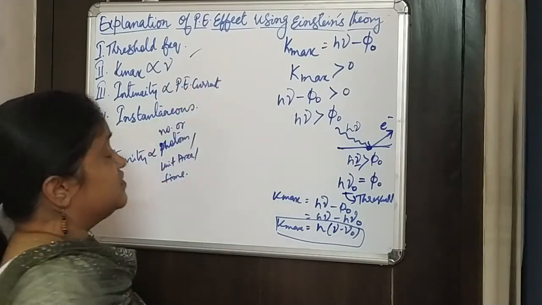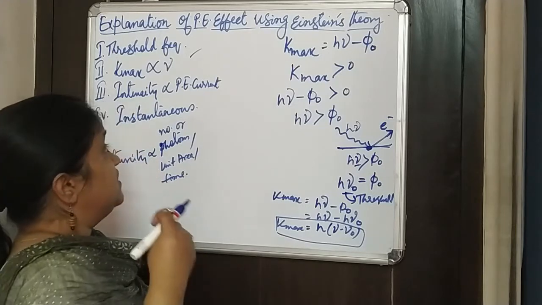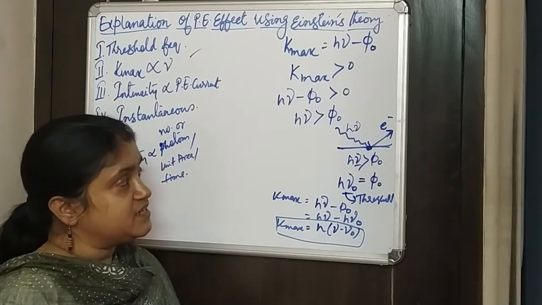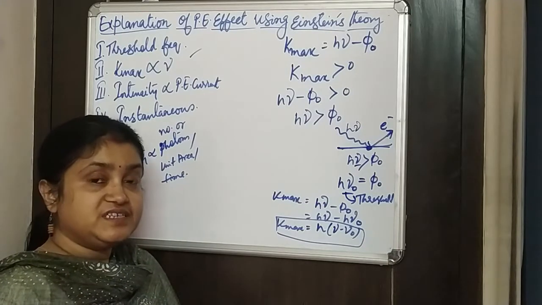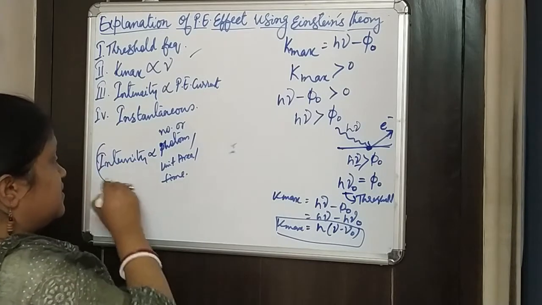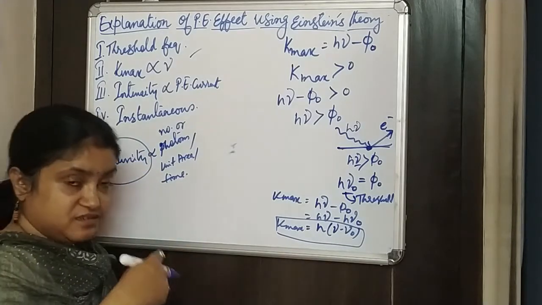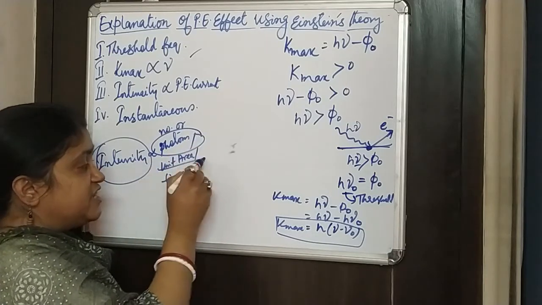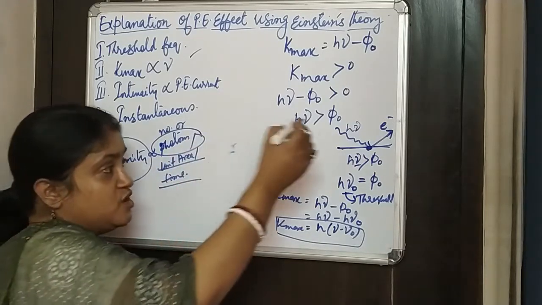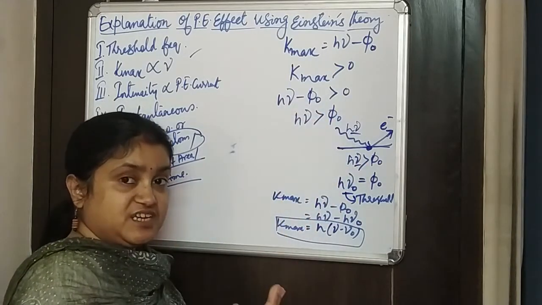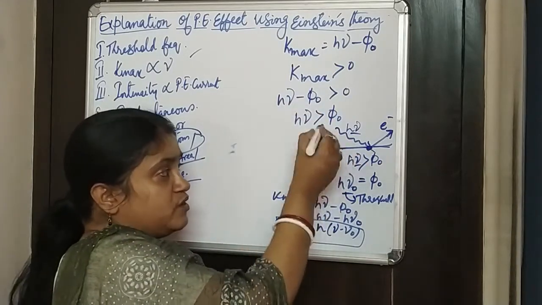Next, coming to the fact that intensity is proportional to the photoelectric current. It means that if the intensity of the light increases, the number of photons per unit area per unit time would increase. So when the light is falling at the same frequency, if I change the intensity, it means that now more number of photons